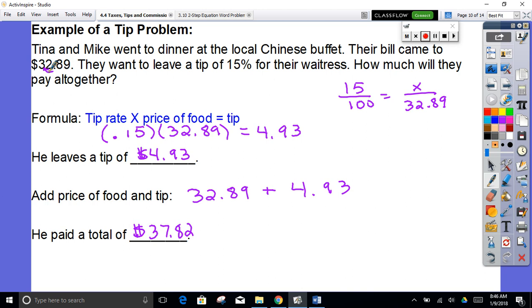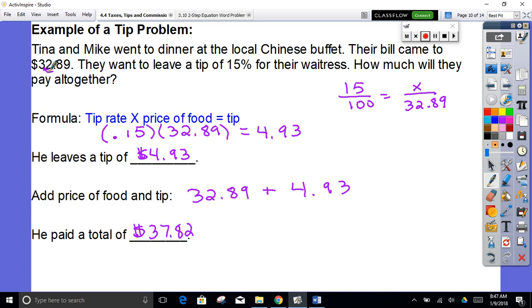Then to get 15%, 5% is half of 10%, right? So you think, well, what would half of $3.30 be? Well, half of $3 is $1.50. Half of 30 cents would be 15 cents. So we're up to $1.65. So then you can just, in your head, add together $3.30 and $1.65, and you're going to get somewhere in